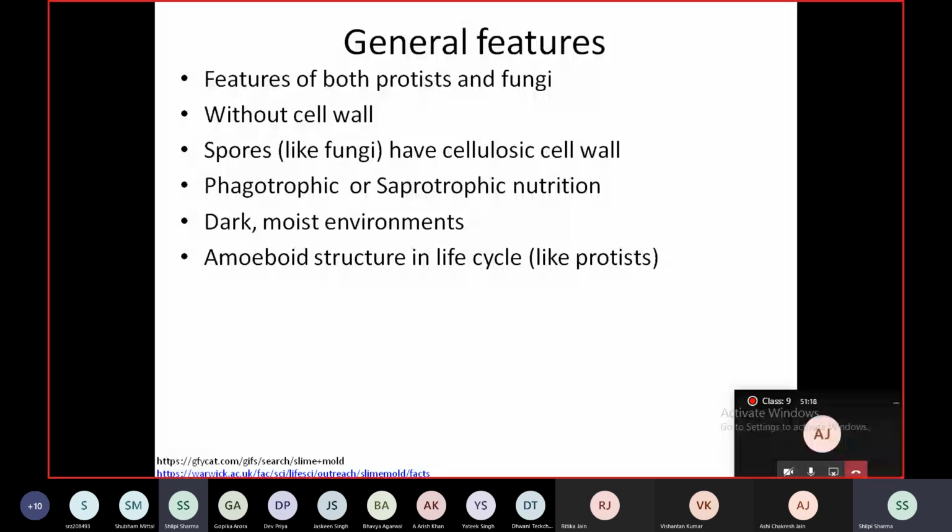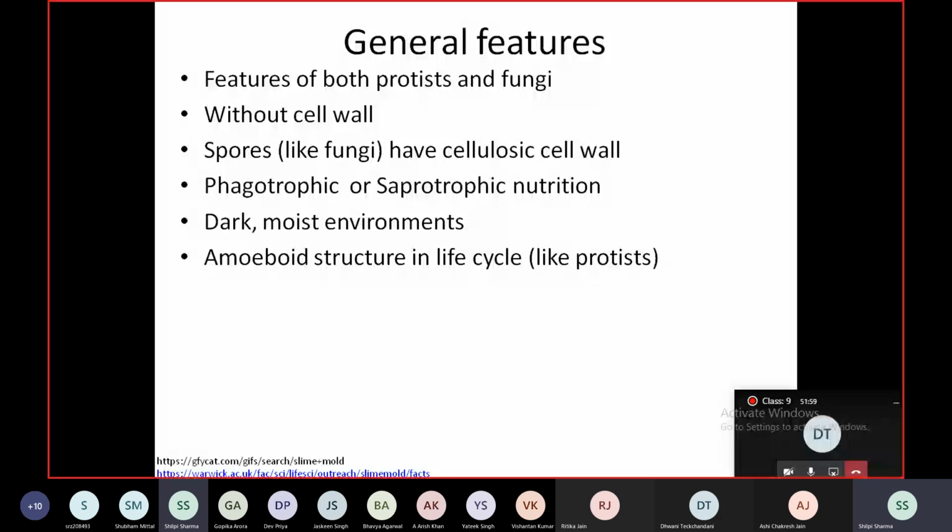Sporangium क्या था? Fungi में sporangium किसको कहते हैं? देव प्रिया, ध्वनि बोलो. Ma'am, sac-like structure that contains spores. Spores. Correct. So sporangium तुमने typically देखा था fungi में जहाँ पे कि it was a spore bearing structure, a sac like structure. This is present in protists. Sorry, slime molds. Slime molds are a part of protists.